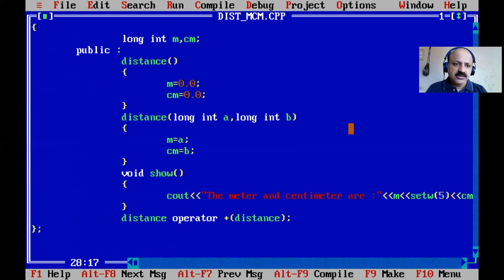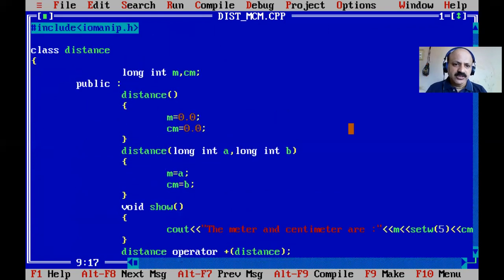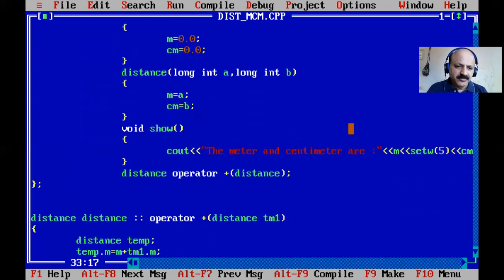First write this class Distance, where we can define meter and centimeter. You can also take kilometer and meter, and then feet and inch, and then hour and minutes. One hour is 60 minutes, so you can also convert minutes to hours; that type of time class you can take.